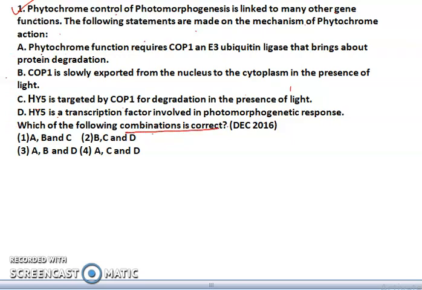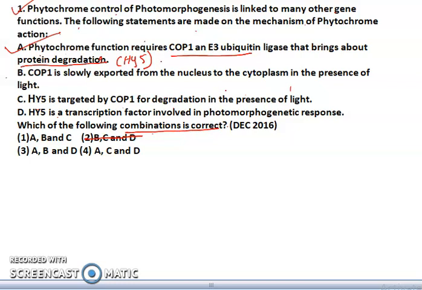The first point is phytochrome function requires COP1 and E3 ubiquitin ligase that brings about protein degradation. Yes, this is the correct statement. We need a COP1 and E3 ubiquitin ligase which will be responsible for protein degradation. Here the protein is the HY5, which was acting as a transcription factor. So as the first option is correct, we can eliminate the second option in which we don't have the combination of A. Now we will see the B option, in which it has been written that COP1 is slowly exported